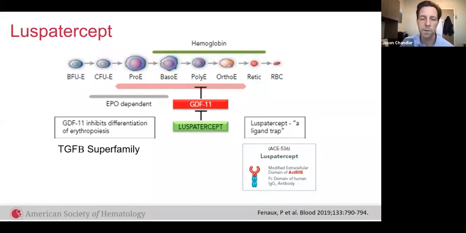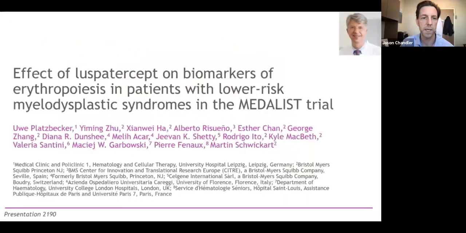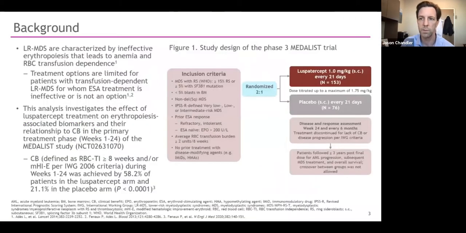drug. So there is this GDF11 that prevents the maturation of red blood cells. And so Luspatercept, they call it a ligand trap. It kind of prevents this from occurring. And so Luspatercept is used for those patients that need transfusions with low risk MDS. So the Medalist trial was what the drug was approved on. And this is just looking at some of the data related to it in deeper form, looking at some of